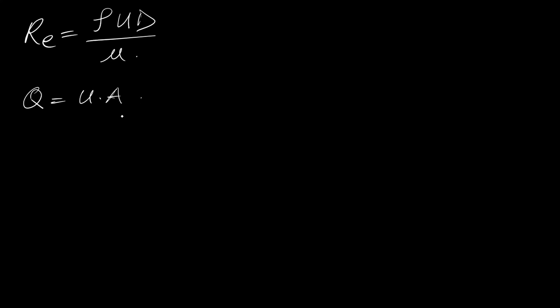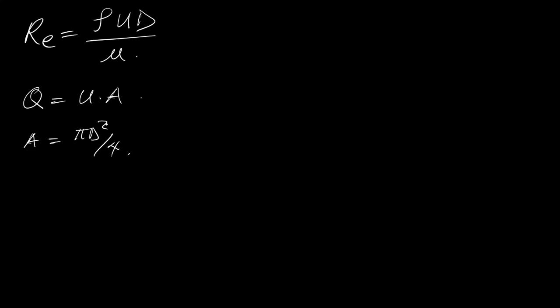So we also know that the Reynold number is equal to the density times velocity times internal diameter divided by the viscosity. Now we also know that flow rate is equal to the velocity of the gas times the cross-sectional area. And since it's a cylindrical pipe, the area is equal to pi d square all over 4. Now substituting that,